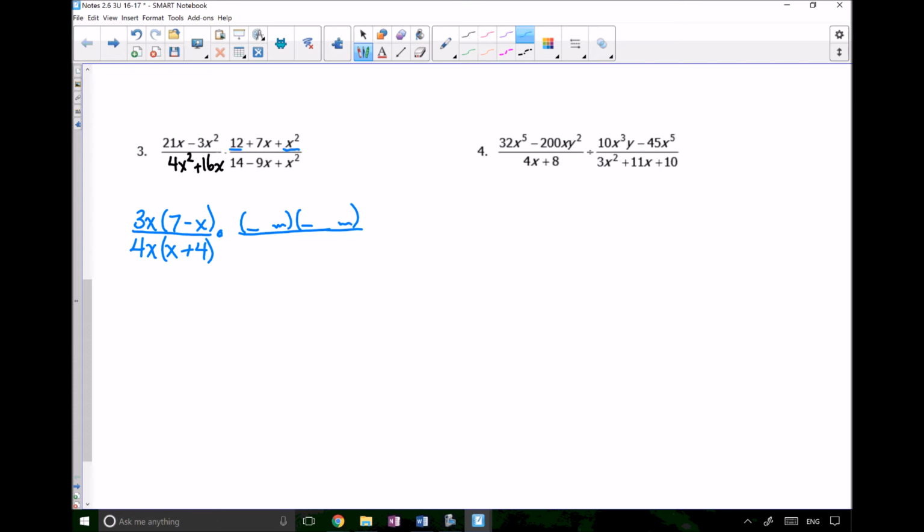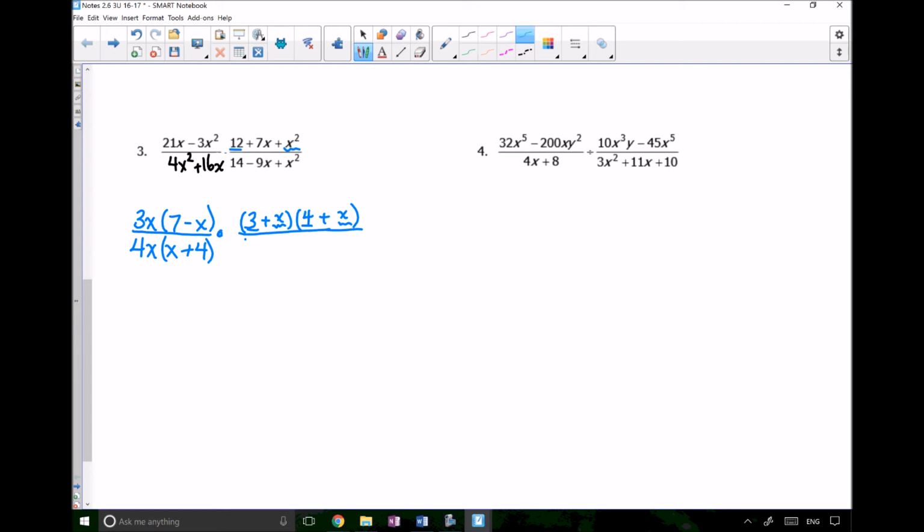Okay, so what multiplied by what would give me 12? Well, I could try 3 and 4, okay? And then what times what could give me this x squared right here? Well, I'd try x and x. And if I look at this right here, my inside gives me 4x, my outside gives me 3x, which is exactly what I want because they would add up to the 7x I'm looking for, okay? So then I want it to be a positive 7x, so I'll put a plus sign in between both of these guys here. And then each one of these terms here is not factorable any further, so I'm done with